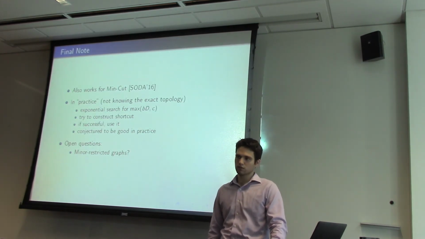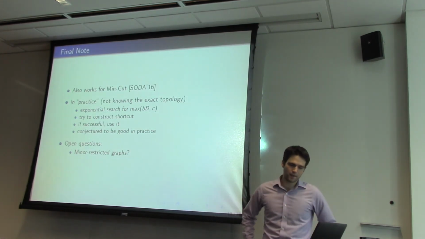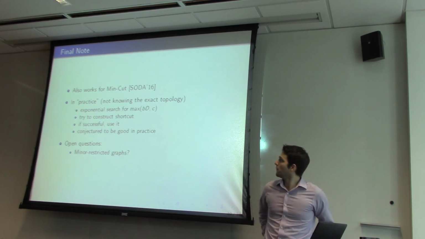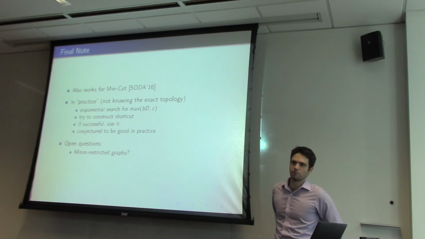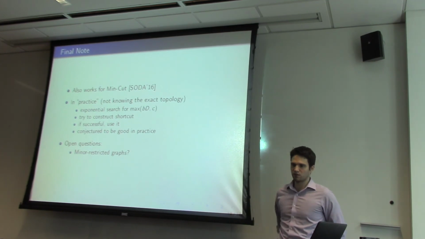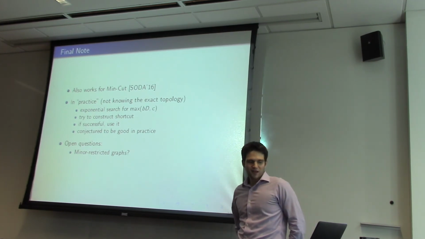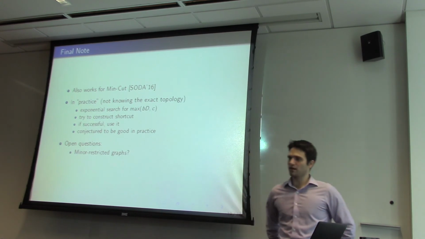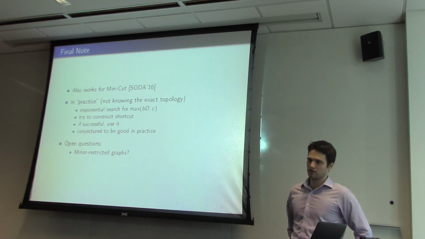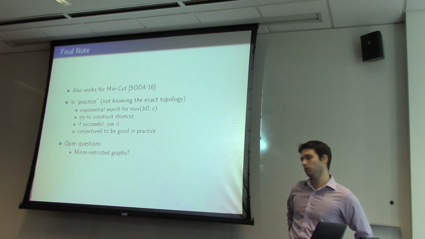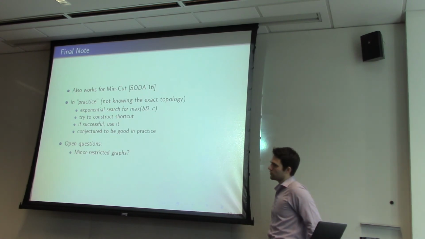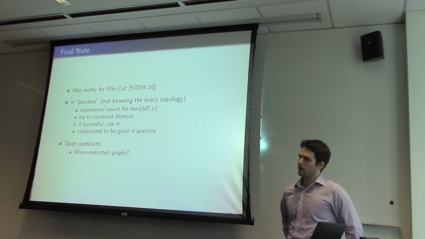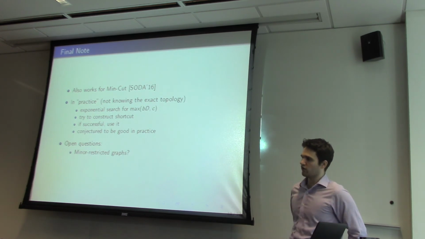So, as a final note, that's it. And it's important to know that the framework works for other problems, most notably Mincut, and probably more. It does not work for shortest paths, or at least not in an easy way. Maybe it can be modified. But the hope is that we could get something good, like below square root 10 for the shortest paths with